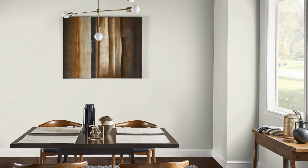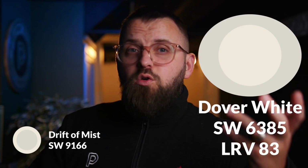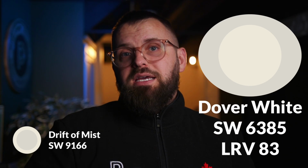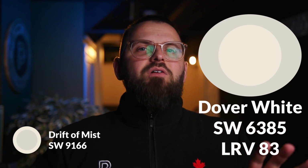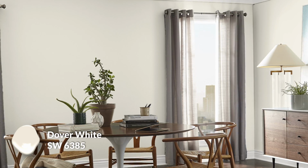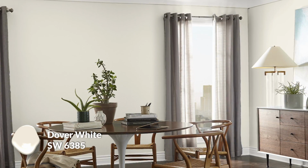And they're all by Sherwin Williams, and they all work with Drift of Mist. Starting with Dover White, which is a much lighter, brighter, warm off-white that is conveniently also part of that top 50 colors by Sherwin Williams. And it is a little more of an off-white versus just being pure white because of that large dose of